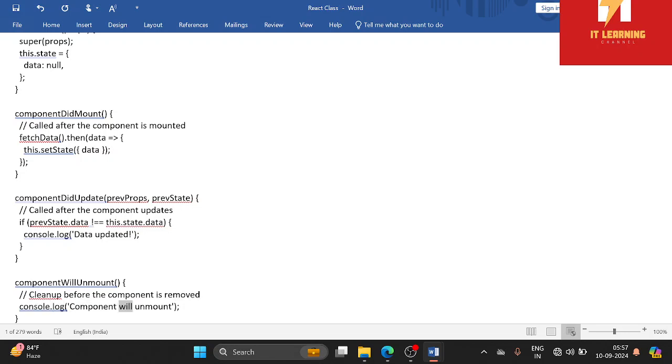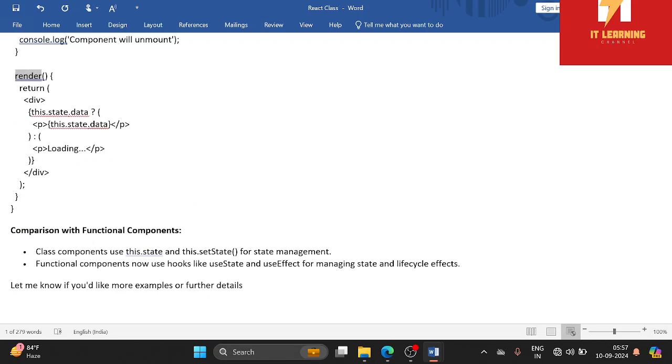console.log('Component will unmount'); } render() { return ( <div> {this.state.data ? <p>{this.state.data}</p> : <p>Loading...</p>} </div> ); }